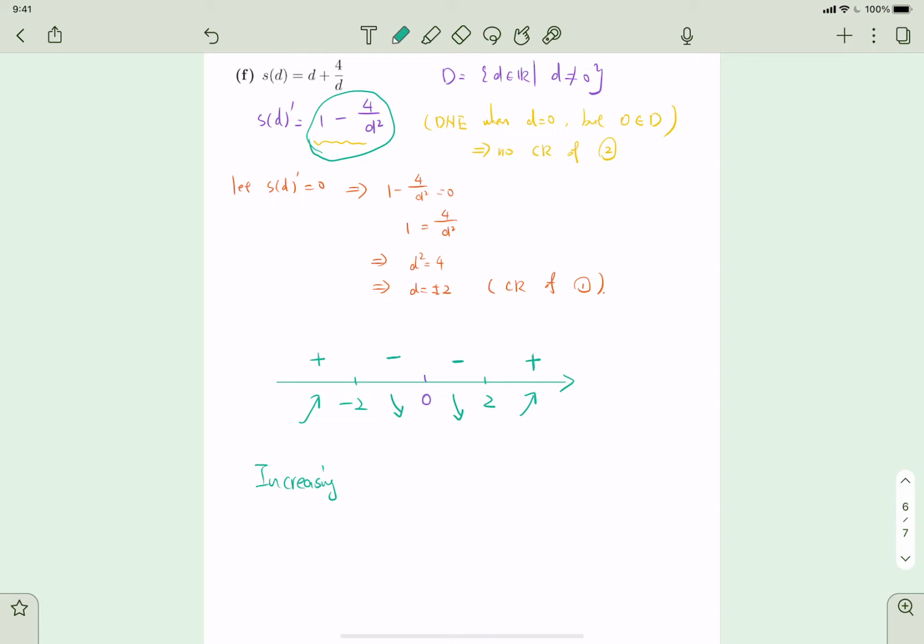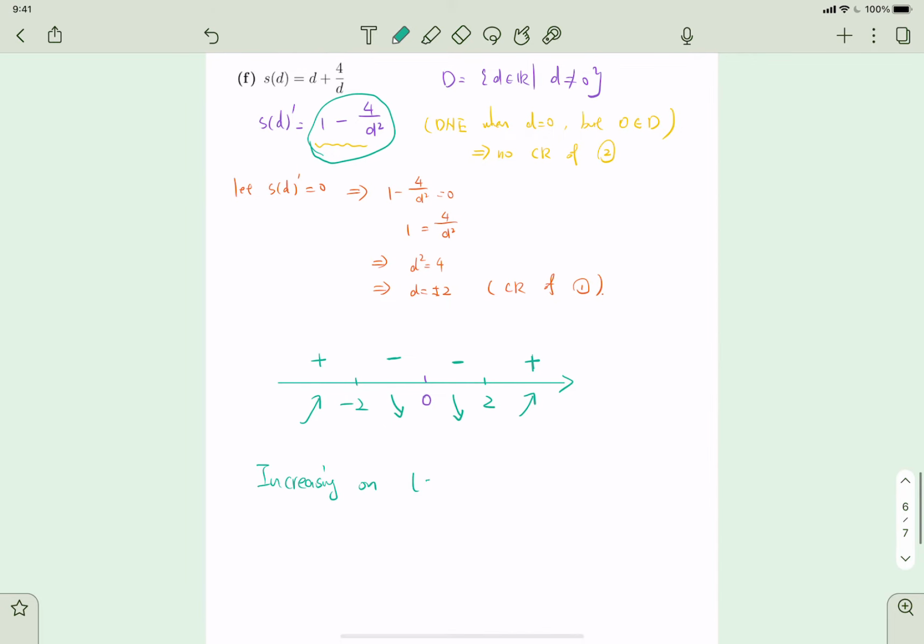increasing intervals are from negative infinity to negative 2 and from 2 to positive infinity. And they're decreasing on from negative 2 to 0 and from 0 to positive 2. Okay,